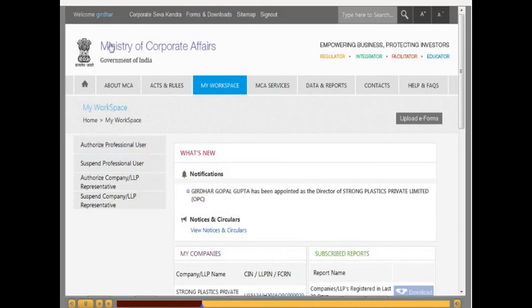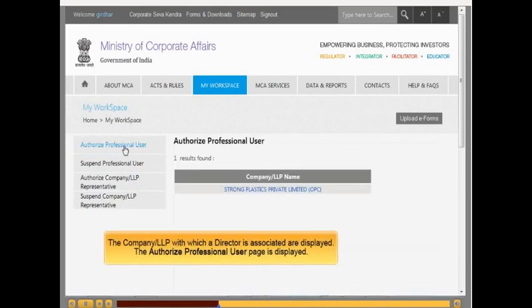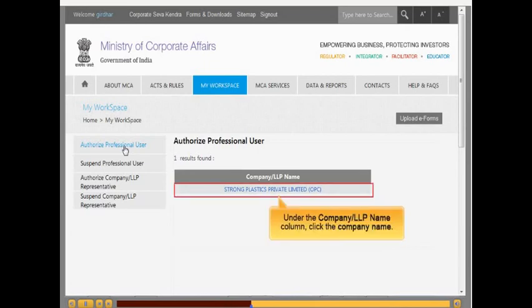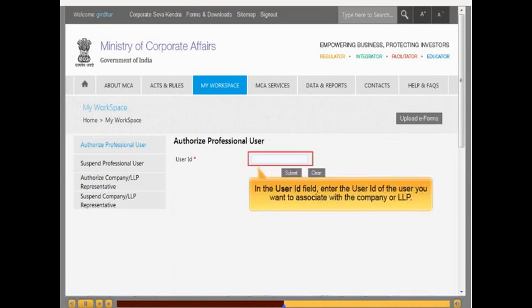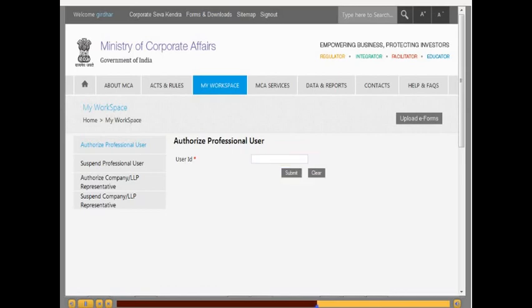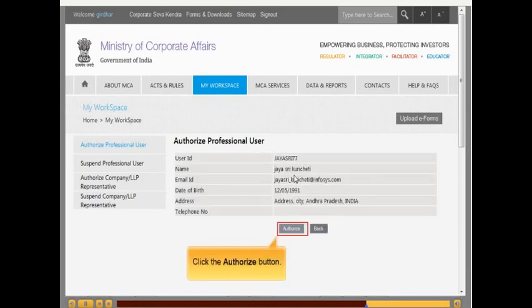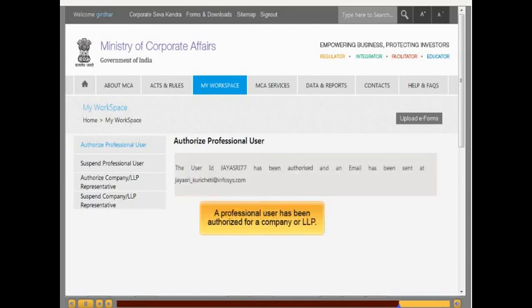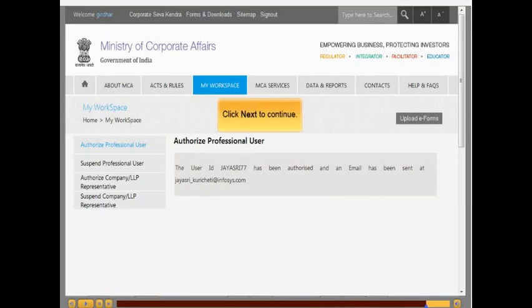Then click this authorize professional user, then click the name of your company, Strong Plastics Private Limited Company. Then enter the user ID for your professional user, JSSR 77. Then click submit. You are authorizing her. So successfully you have created an authorized user.